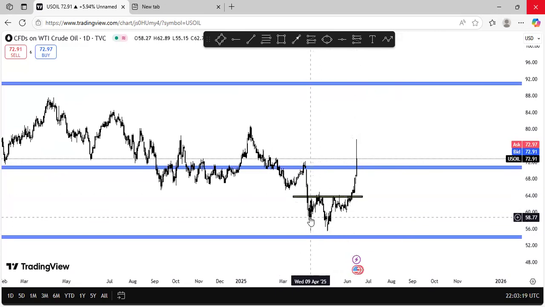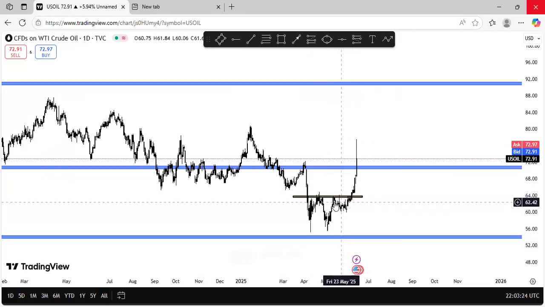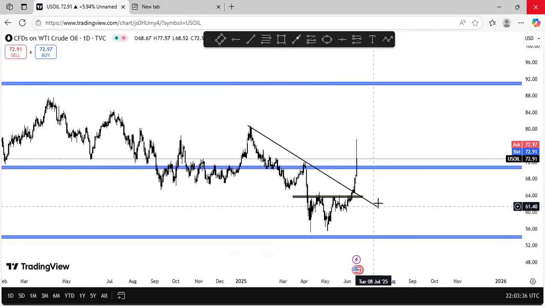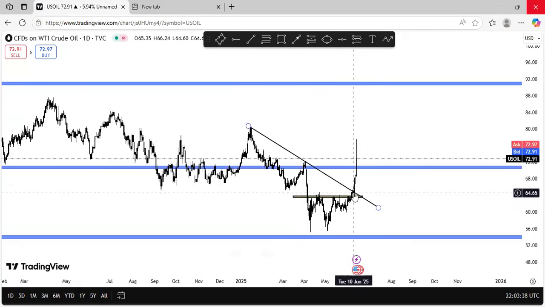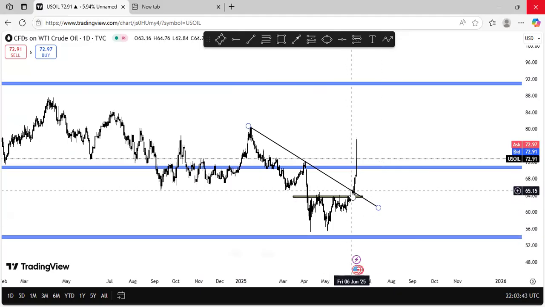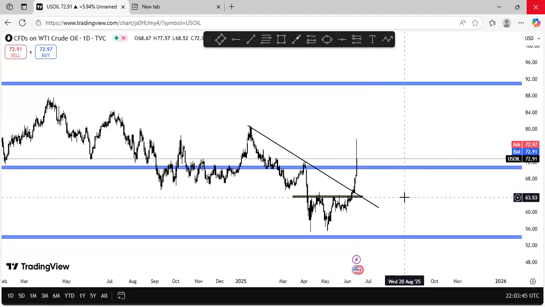This is basically left shoulder, right shoulder, and head. So I did see this. I was like, yo, we should expect the US oil to rally upward, if we break this neckline. Besides that, I did have a trend line from around here to here. So if we did fail to break this trend line, we should expect downward movements. But we did break it, and it shows us that reversal patterns are something we should be looking out for